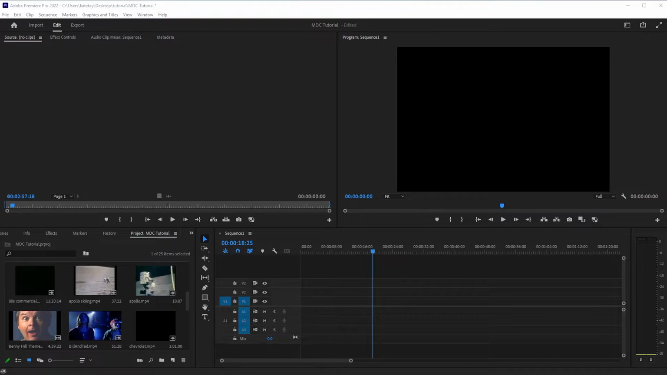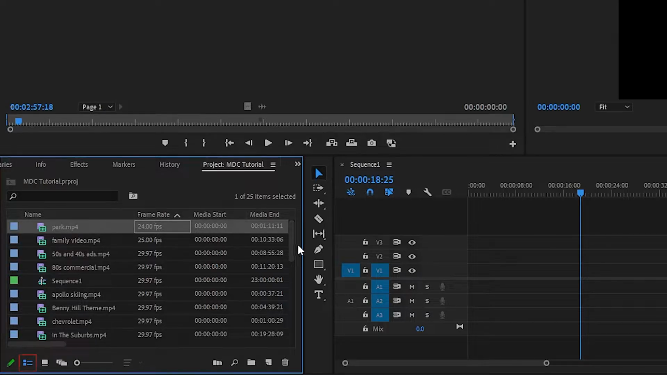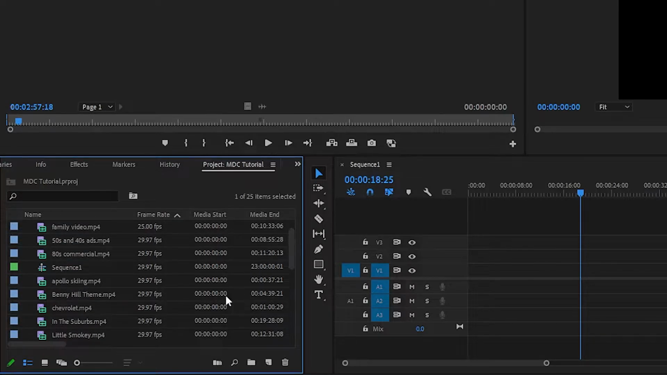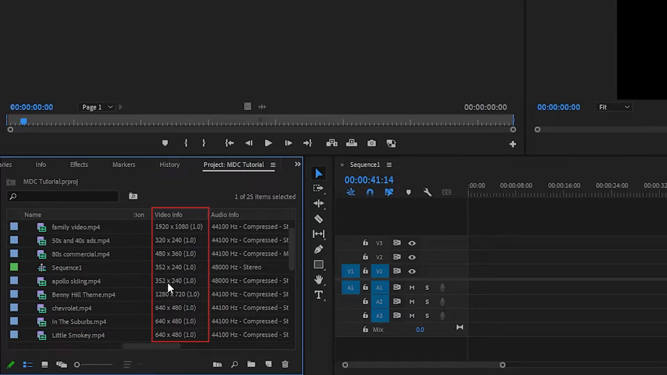When you look in your Project tab, your clips will probably be in icon view. If you want more information on your clips, switch to List View. Before you start dropping clips into your sequence, make sure to check your clip information, especially if you're using clips